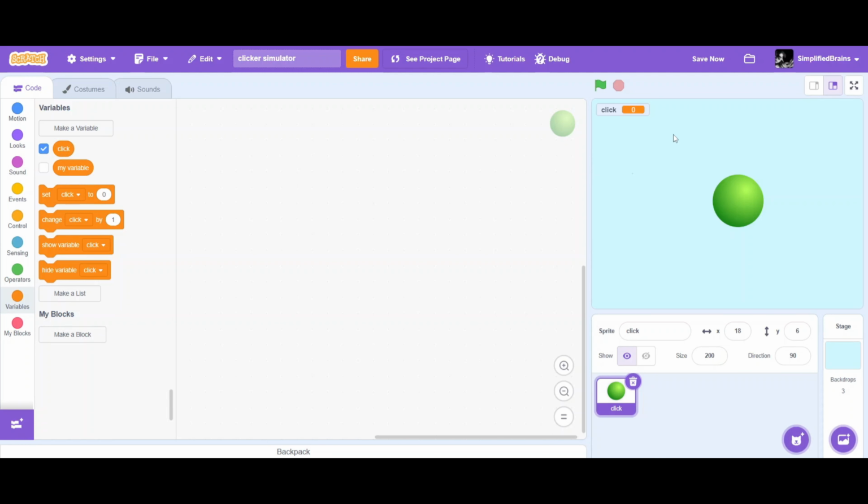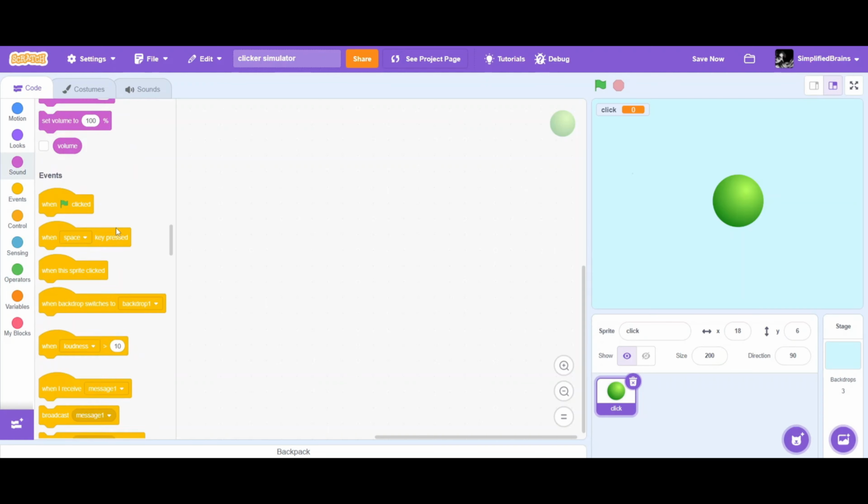And it would show you how many clicks you have if I were to click it, but you have to put in the code for that. Okay, so let's get into coding this game. First, I'm gonna make it,